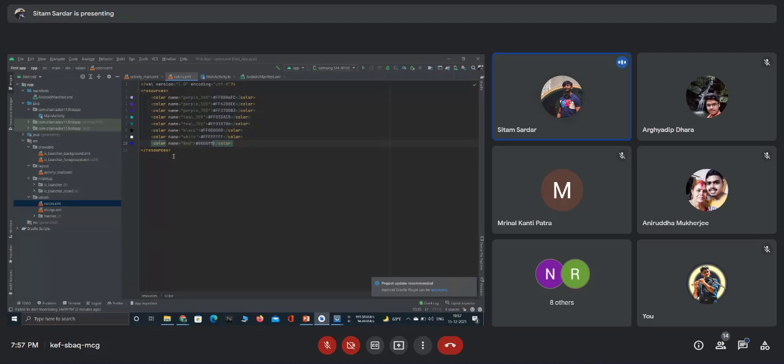So what is actually denoted here? If I give FF, it means 100% of the rate. As we are using FF here only, it seems like 100% of blue, but 00 means 0% of green and 0% of red. Here all the things are actually a combination of red, green, blue. With this combination of colors, you can make any type of color. And it is not our business. Then what we actually use, I am showing it.